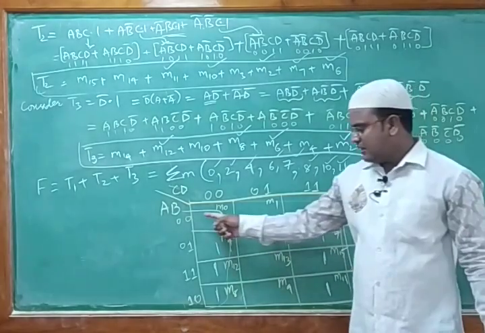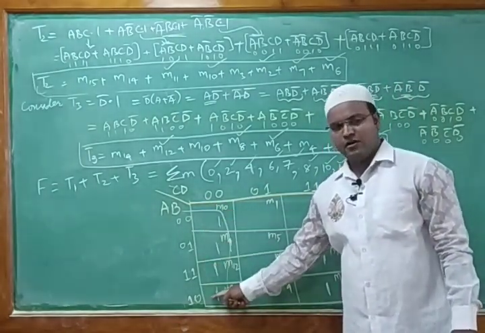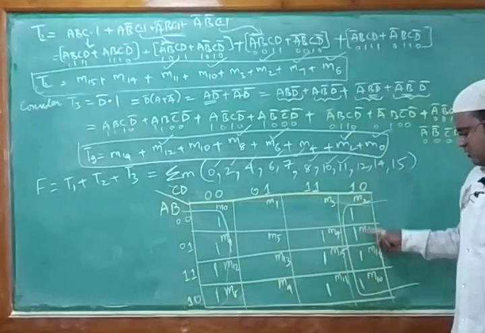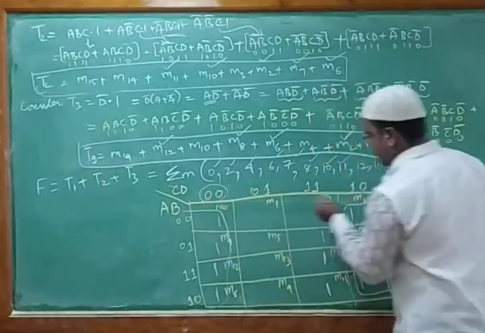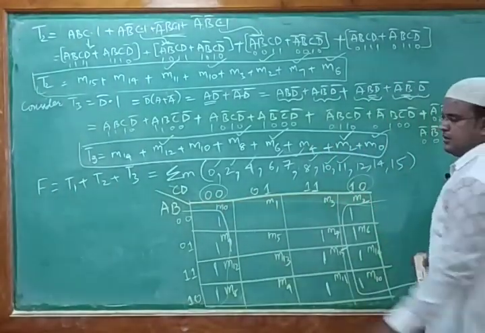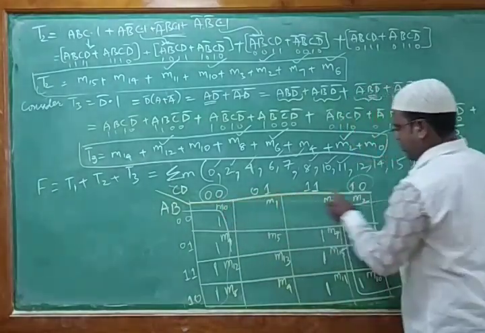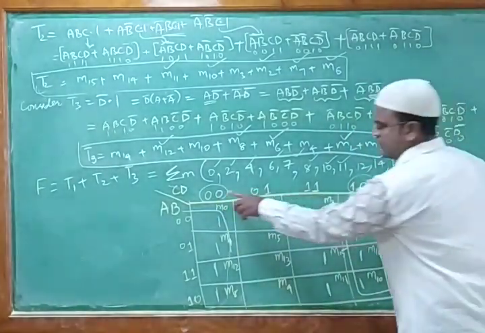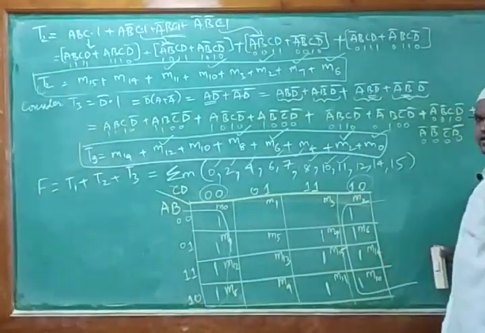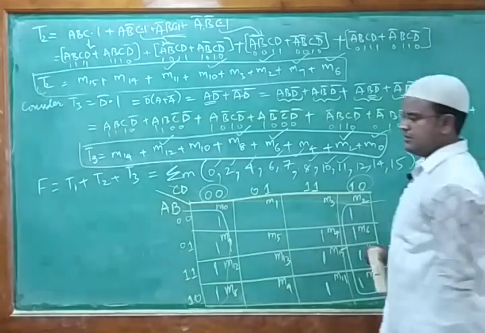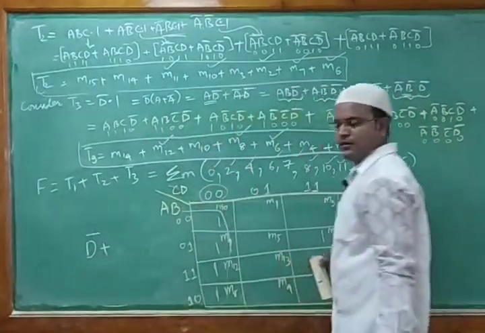As you can see, vertically, in this column everything is changing, and in this one also everything is changing. What is common in this column and in this column? 0 0 here, 1 0 here. That means D is common, 0. So the answer for this, taking the whole function for this one and this one, I can write directly: D bar. Plus this we have taken.